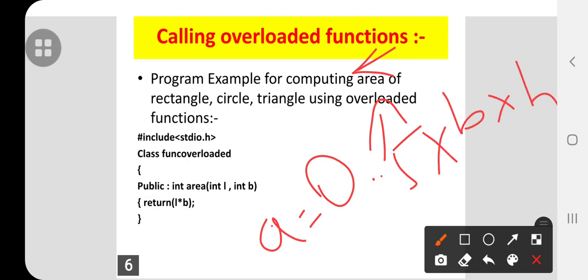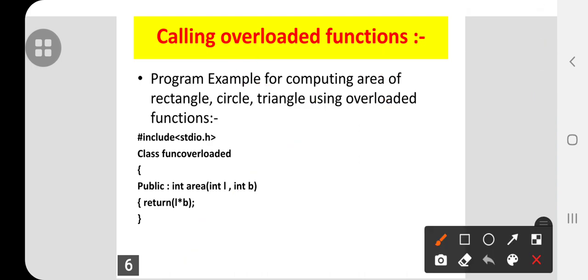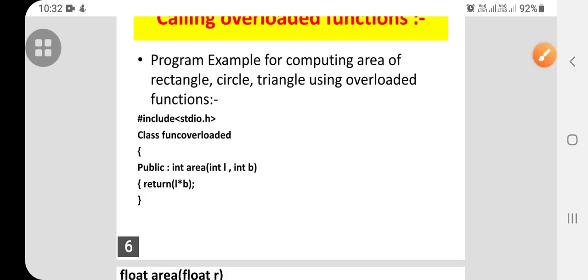By putting this formula you will just get the area of a triangle, but to obtain the area of a circle you have to write again the initialization of all the variables, then compute, and then print, is it right? So it is an easy way if you write a program by including all this information in one program, that is, by using the function overloading concept. How that can be done, I'll explain now.